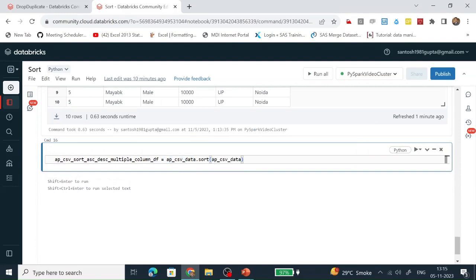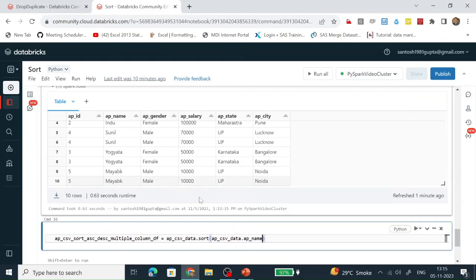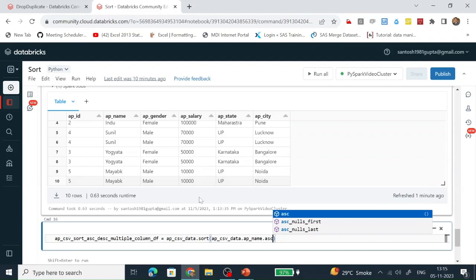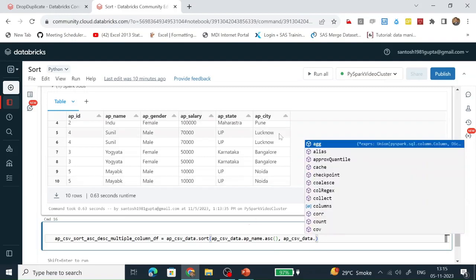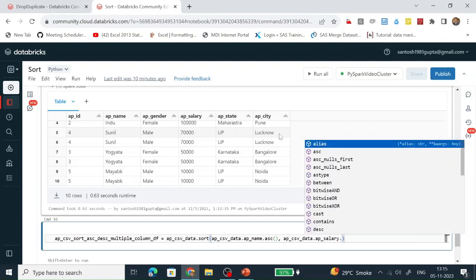First it will sort based on AP underscore name in ascending order. And after that, it will sort based on AP salary in descending order.